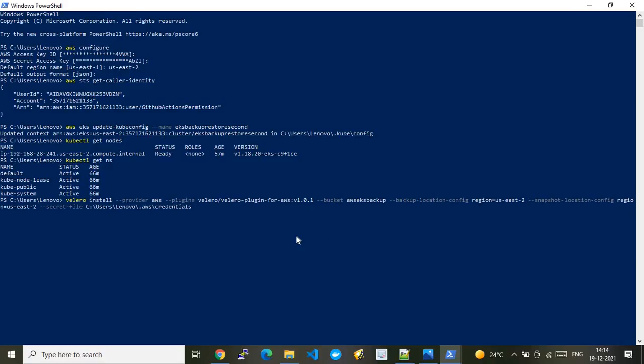All right, so now we configure the region so that the secondary location EKS cluster can also do a backup, not only restore. That's the reason I changed it. And the very important part is you need to target the same bucket, and don't forget this secret file, nothing but your AWS CLI secrets, which will be stored in this credential file. All right, now let me run this again. What it eventually does is configure the Velero pod on the AWS EKS cluster in the secondary region. All right, so now it has started to create.